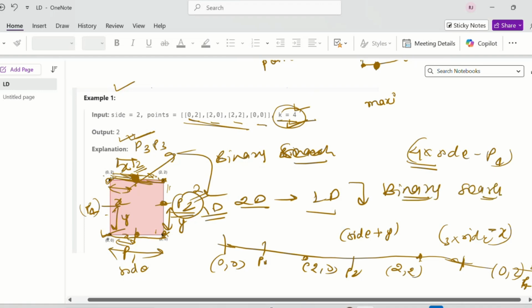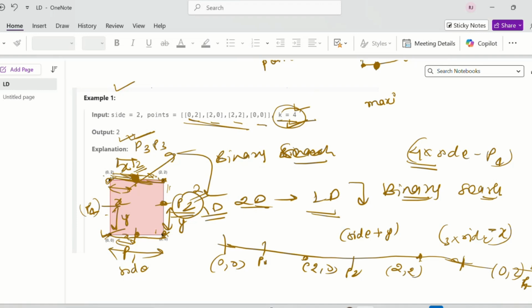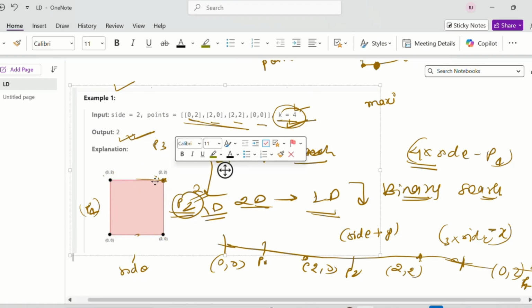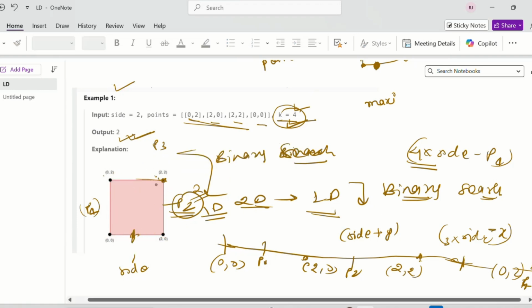But you are thinking, if I change it from 2D to 1D, suppose I have selected some points from this square: this point, this point, this point, or this point. These 4 points I have selected, and the number of points given is greater than 4.